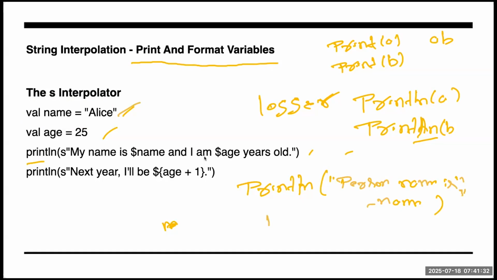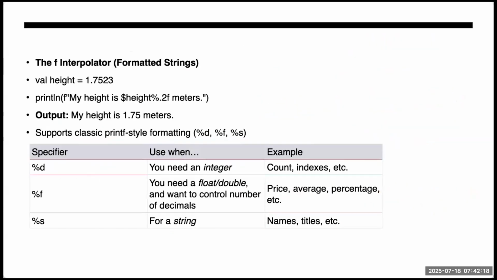But the other way to print it is like this, string interpolation. This is a very useful format, and it is easy to write. Let's suppose if I have to print something like this, I will give the S for the string. Okay, and then I will use the dollar. If I write the dollar, instead of the variable name I will give something like this. Then automatically it will understand and it will return you the result.